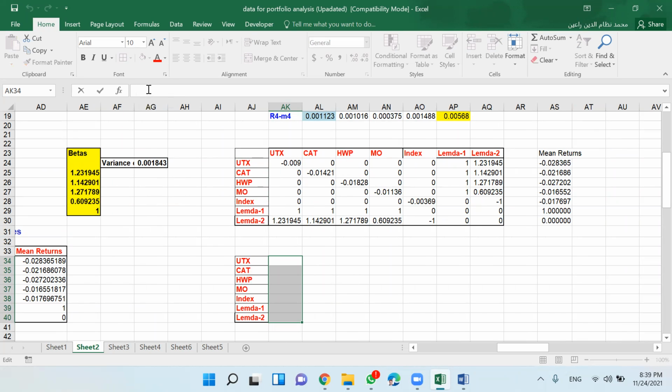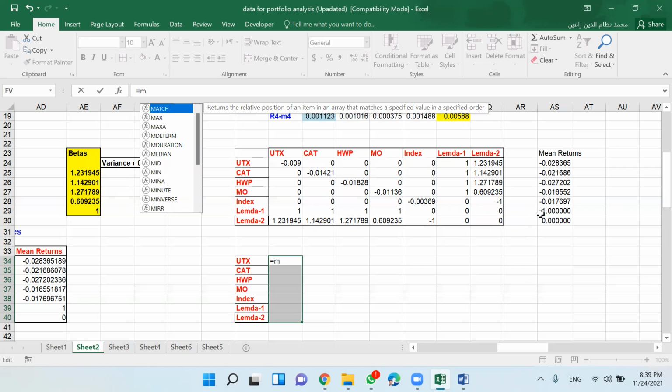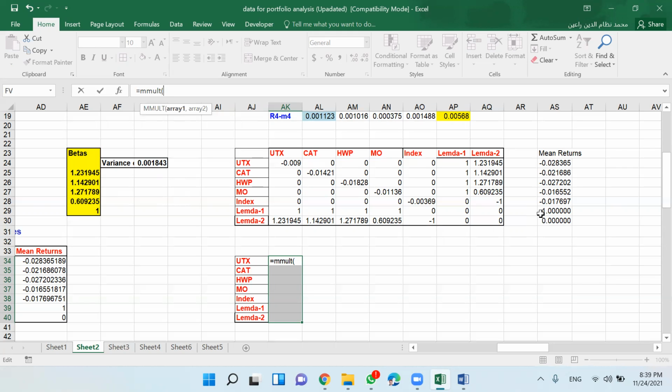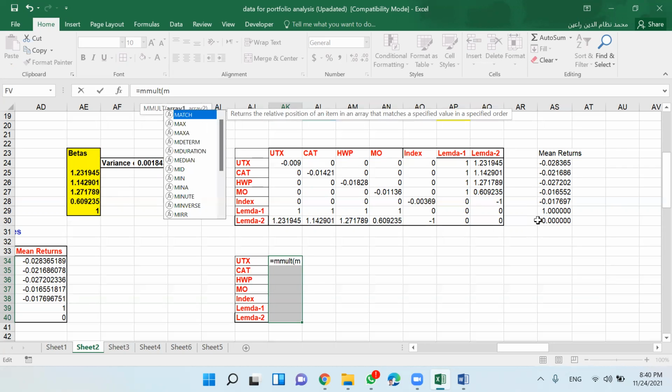Put the cursor here, and what you need to do is take the inverse of this matrix and then multiply with this. So use matrix mult. Okay, and then start with parenthesis. First, matrix inverse. So this matrix, the first one, you take the inverse of that.